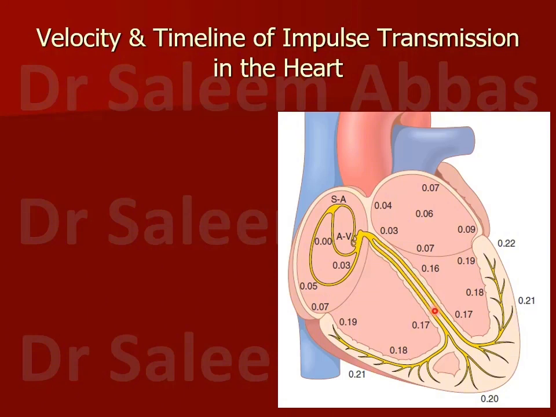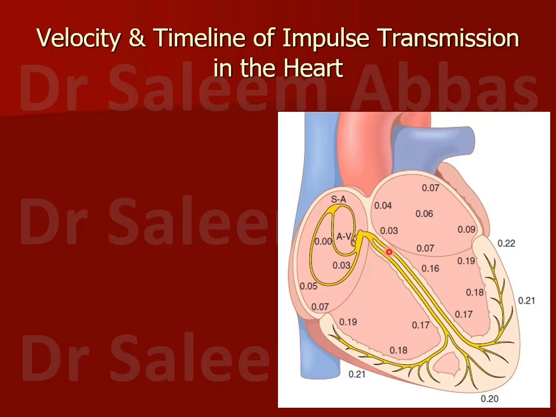Then this impulse passes through the septum and moves towards the apex, and first the endocardial surfaces are depolarized. I've already told you, in about 0.19 seconds, the inner sides of the ventricles are depolarized. That means it takes about 0.16 over here, and 0.19 second is at this point, so it takes about 0.03 second